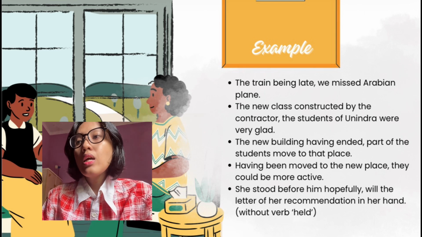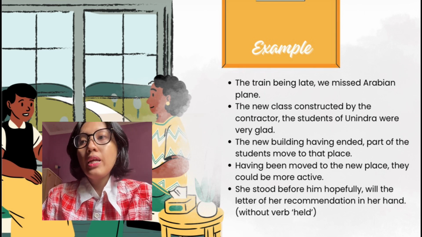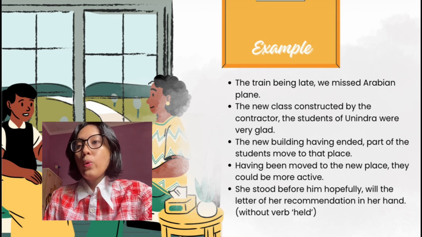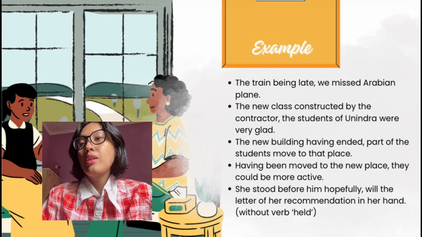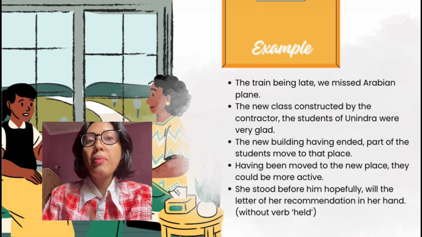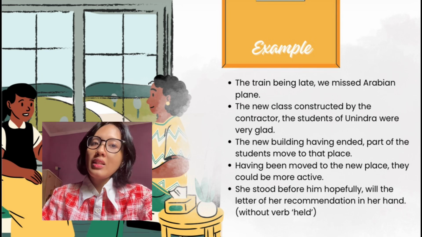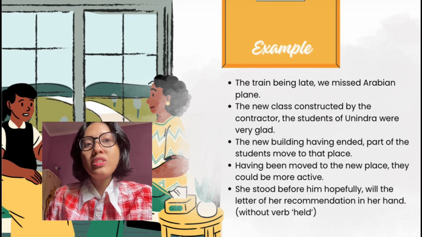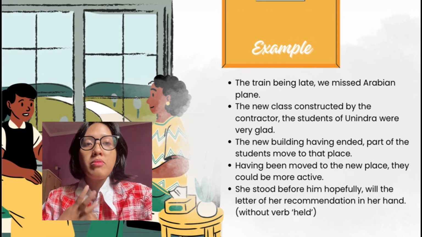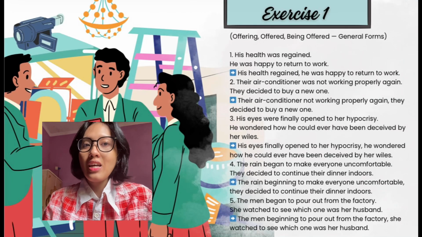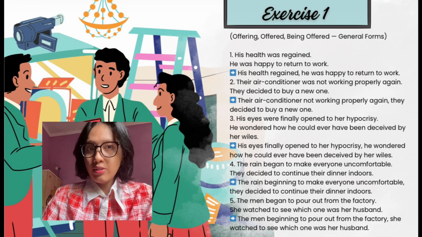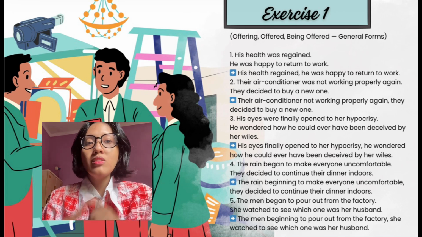And then the last one, she stood before him humbly with the letter of her recommendation in her hand, without the verb help. Okay, so that is basically the overview, the explanation, and the example of absolute construction. Next, we're gonna move to the exercise. We have 3 exercises to read, and I'm going to start by the